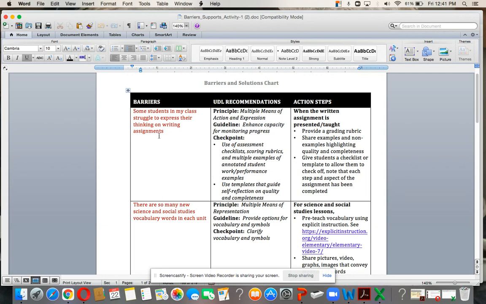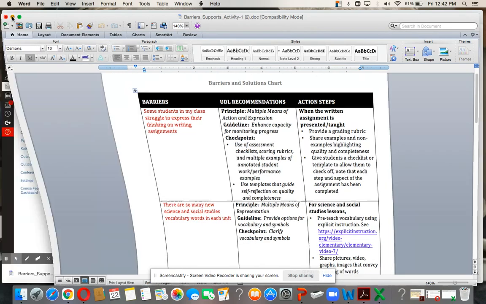So here's the barriers. Some students in this class struggle to express their thinking on writing assignments. They might have scattered thoughts, have a hard time organizing what they write. So this teacher decided to focus on multiple means of action and expression to help the students monitor their writing. And so they'll offer more guidance through assessment checklists, scoring rubrics, multiple examples. So where did I get this? I got that right here